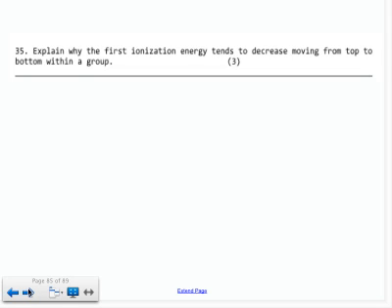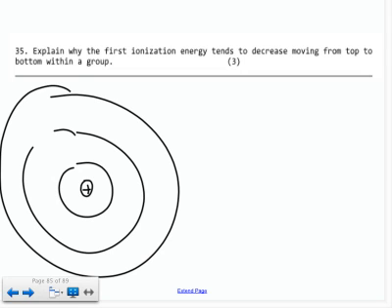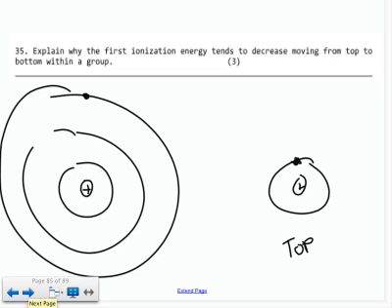Why does the first ionization energy tend to decrease, moving from top to bottom within a group? All this stuff is related to the same things we've been talking about. Here's an atom. Here's another atom from the same group. Okay, this first atom, let's just say it's got 1 valence electron. That's what we're talking about with the first ionization energy. And this one over here has another one. Well, this electron is from the top of the group, or near the top of the group, and this one is near the bottom of the group,